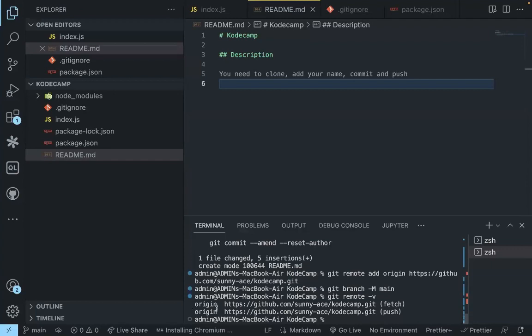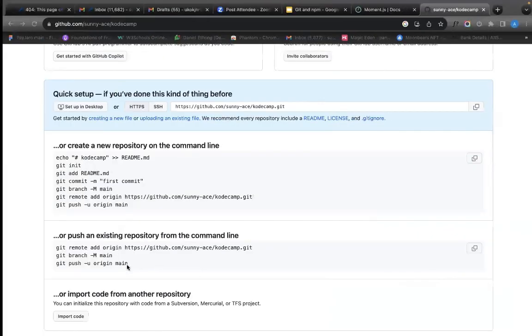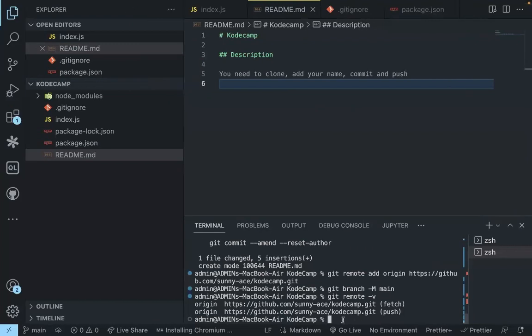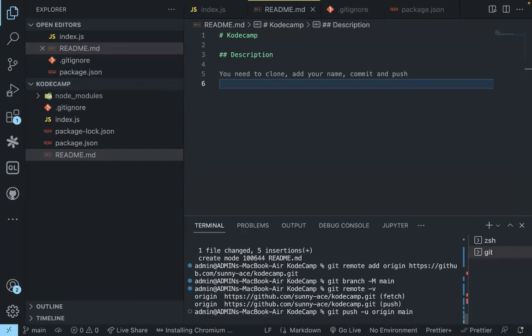So now how do we push online? This is the last script we are going to run for this. It contains git push origin main, but you see this -u. That -u just means that where we are pushing to is the upstream. It's used mainly when it's your first time pushing to a particular branch or repository. So if we paste that there and press enter,